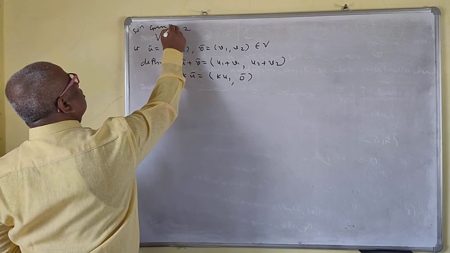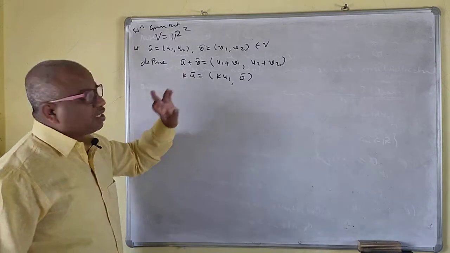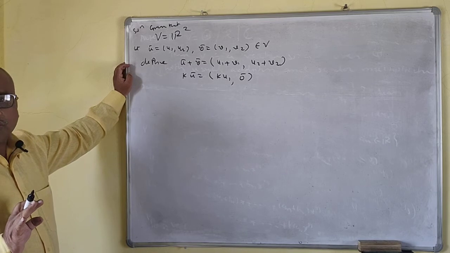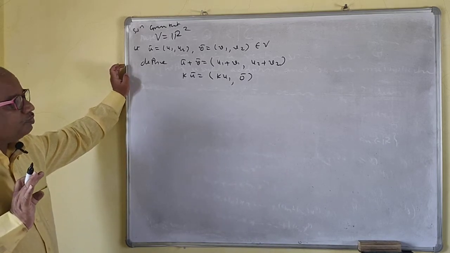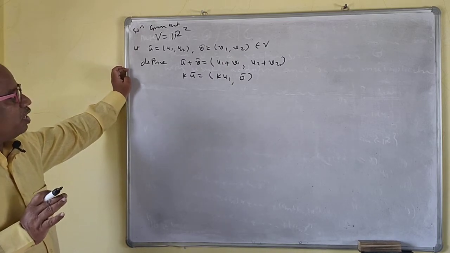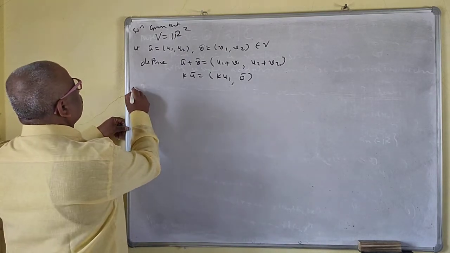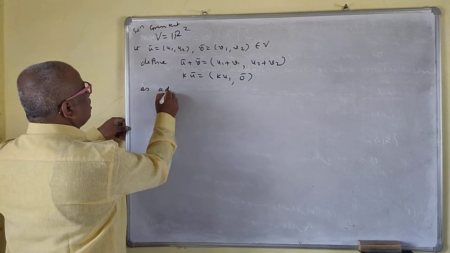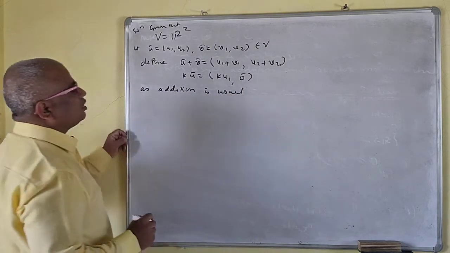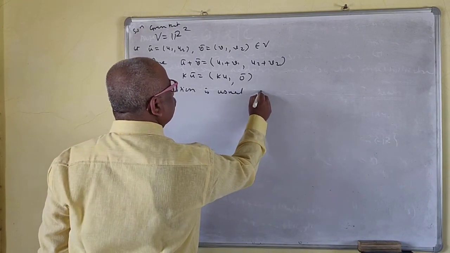Given that. Now see here, the addition is usual, so we are not checking the first 6 axioms. As addition is usual, that means all the first 6 axioms hold. So solution: as addition is usual, therefore we have